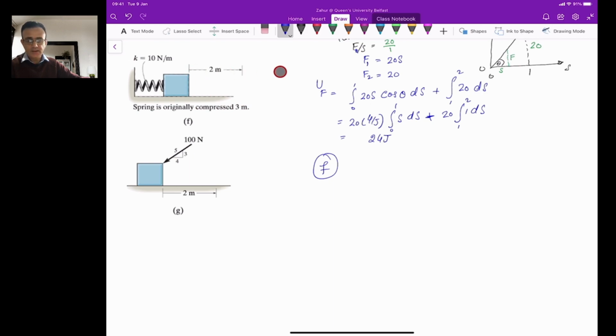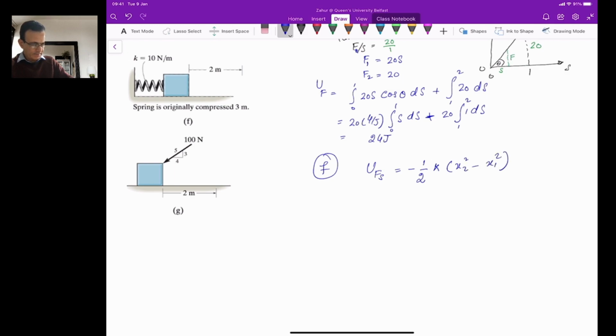Now for the spring, we know that the work done by the spring force, UFs, is given by the equation which we derived in the theory, which is minus half k